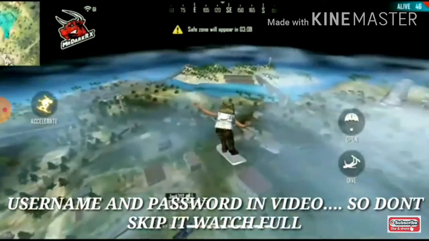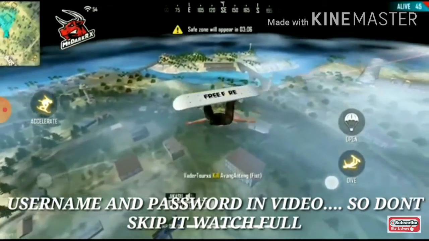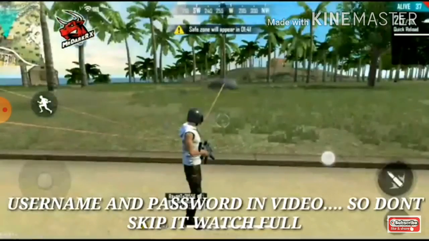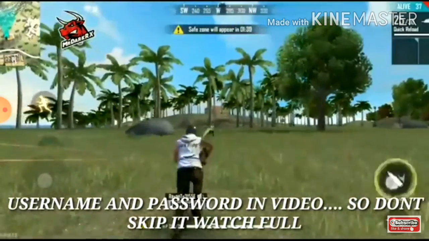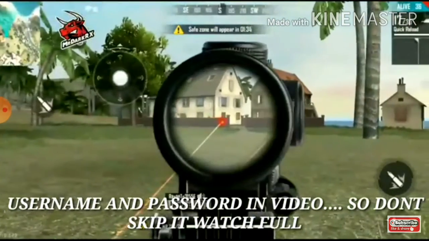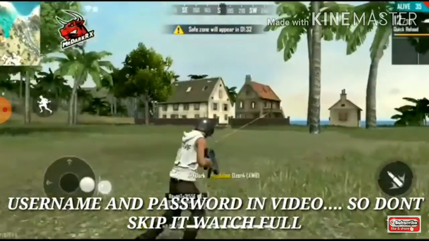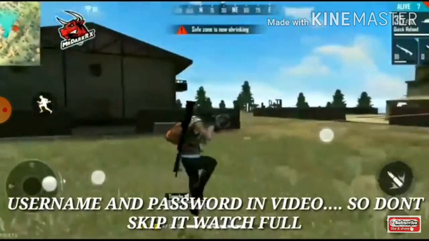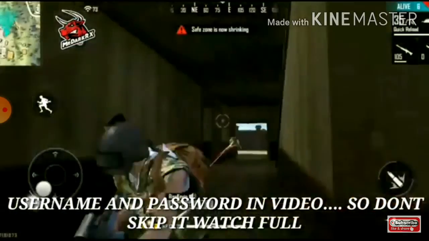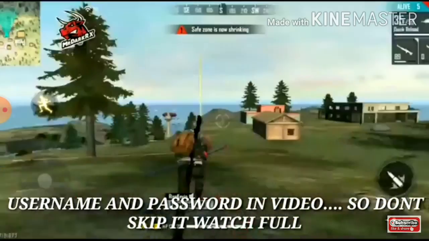And there is speed hack also, so you can run really fast. So with this you can surely surprise your friends.